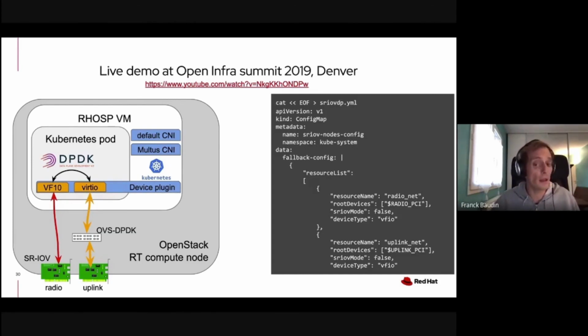So as a conclusion, I would say that OpenShift on OpenStack is definitely ready for any kind of use case, including the most stringent telco and